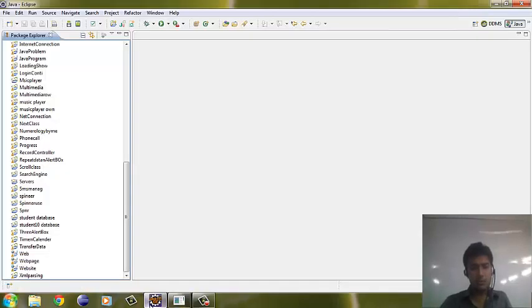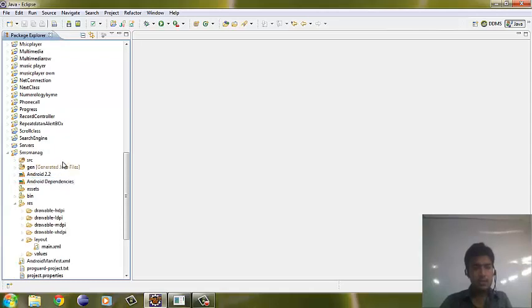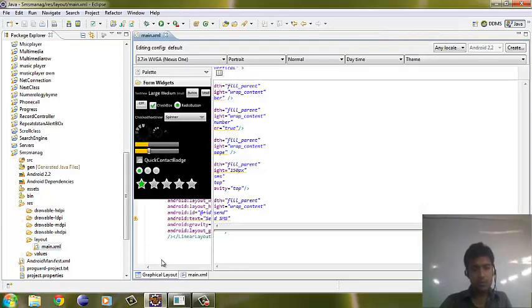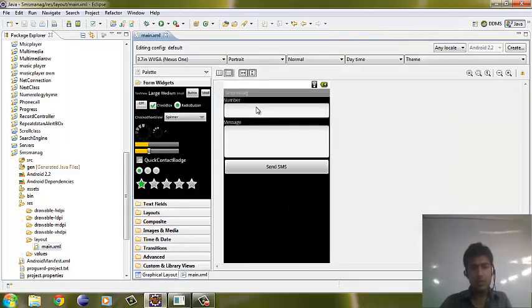First we open up Eclipse, where we apply the Android coding. Let's create a class like SMS manager. In the SMS, first we have to create the layout. In the layout we have to create two edit texts, one for entering the number and another for the message. This is our edit text for entering the number, and this is our edit text where we enter the text, and this is our send button, where we apply the sending logic.